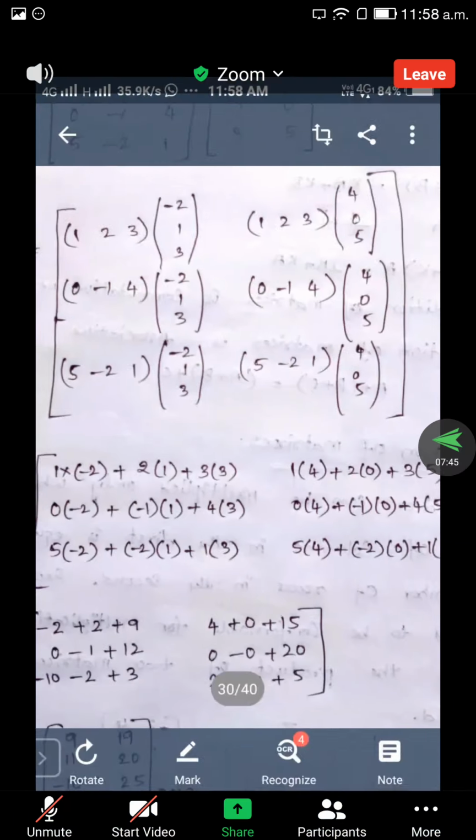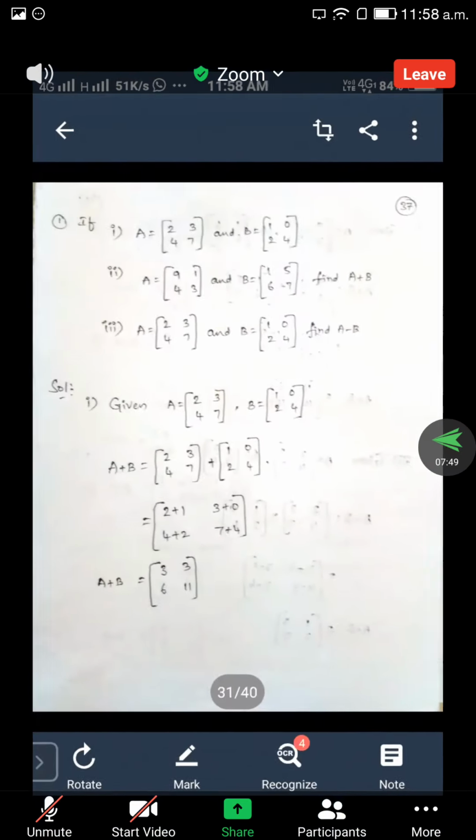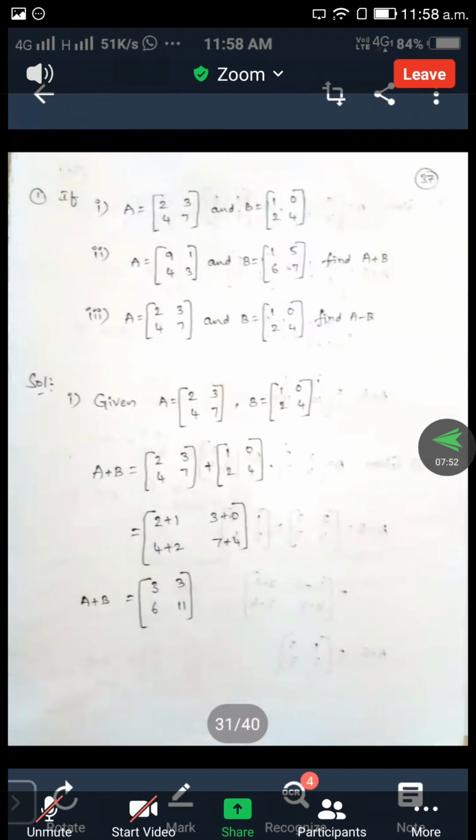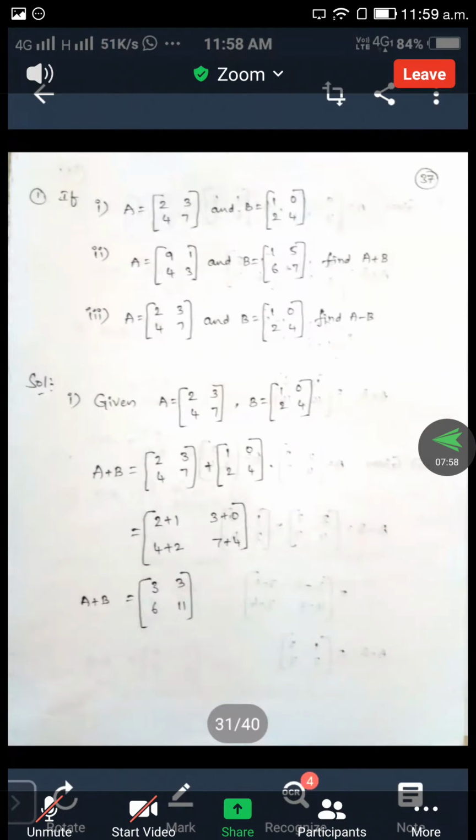Today we discuss about addition and subtraction of